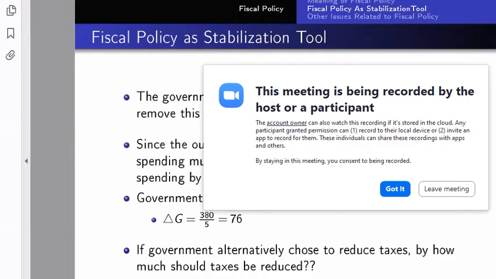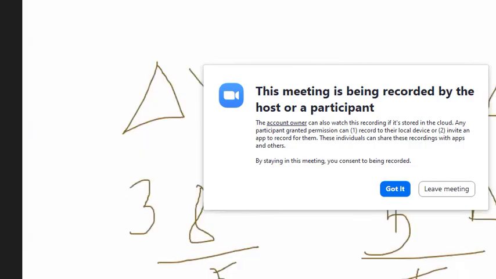The question says that if you are a government and you want to increase your actual output so that it becomes equal to the potential, by how much should you change government spending? And by how much should you also change tax? Okay, and that was what I was trying to explain for you here.